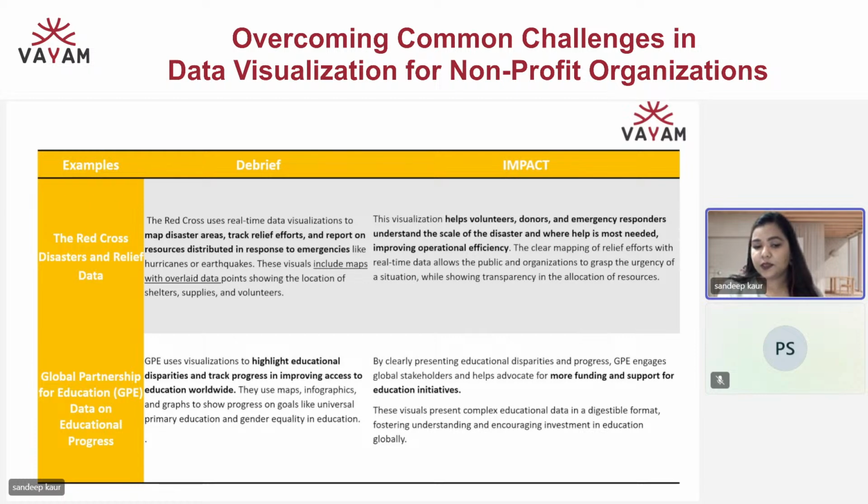In fact, I would say, any kind of issue, whether health, education, poverty, natural calamities, everything has numbers, and numbers are always raw, inconsistent, scattered. So the more efficiently we gather that data, clean that data, and present it to our audiences, the better response we always get as an organization.